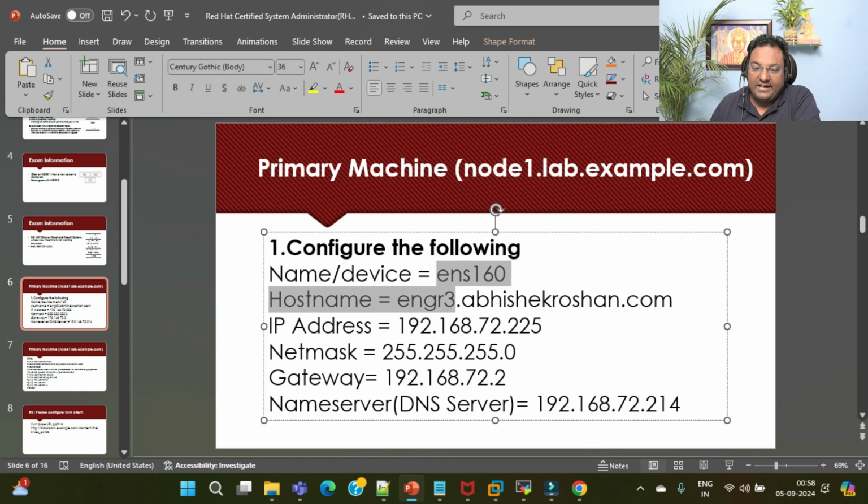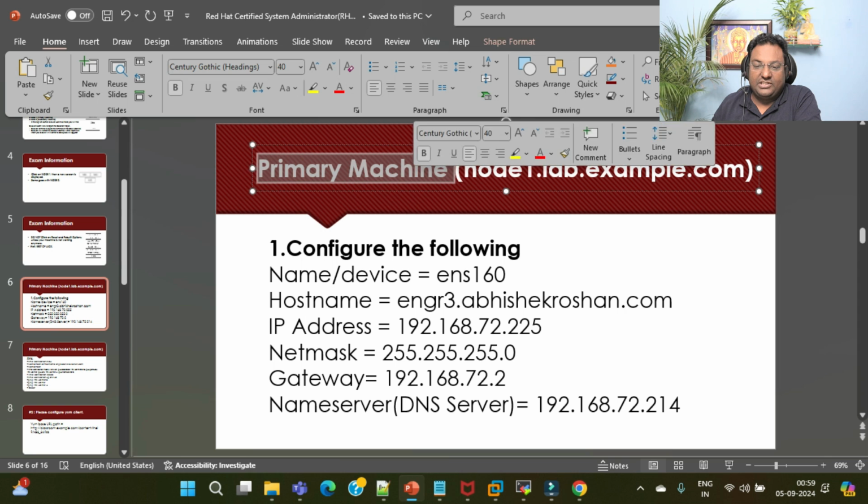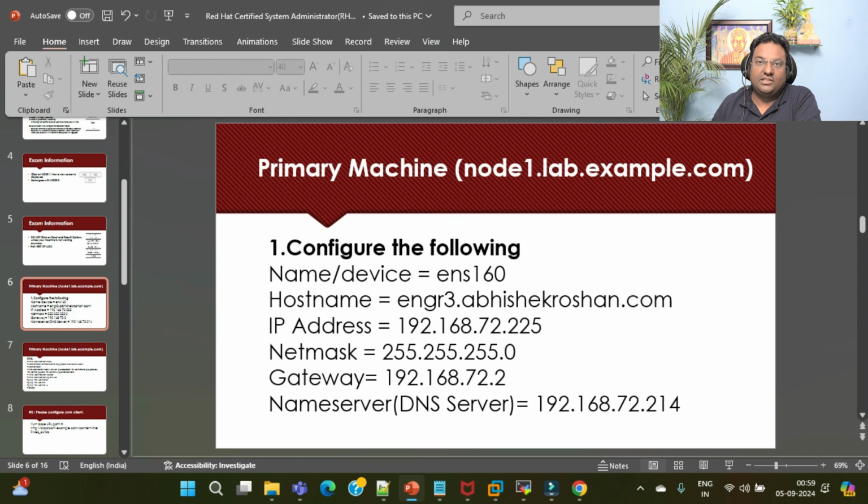Whatever values I have taken over here are as per my machine, but when you enter the actual exam, these values may change, right? This is your primary machine, node 1. The example is node1.lab.example.com, which I have just taken. Remember, this is a fully qualified domain name, like